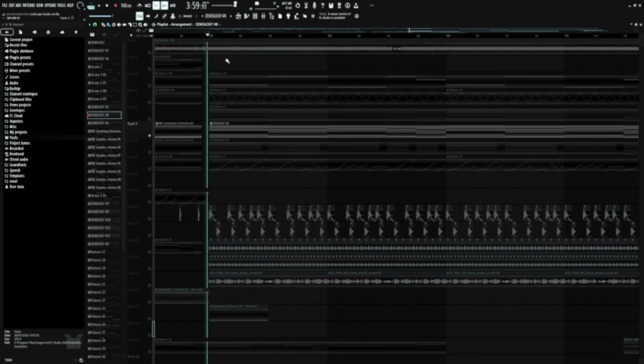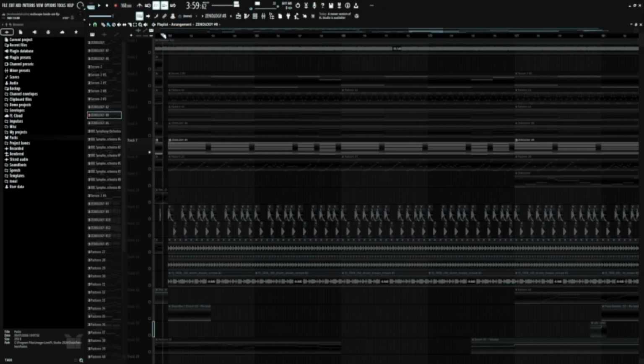Then yet again the same EP here, playing those chords, this pad again. The aim and break stayed the same, and we have some new drums here. Completely different drums actually.